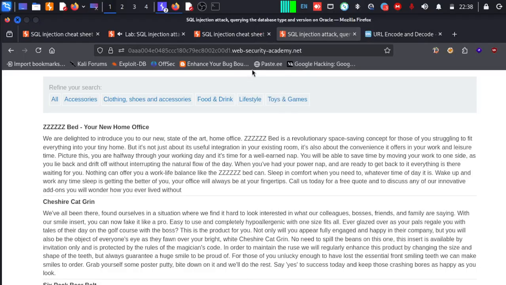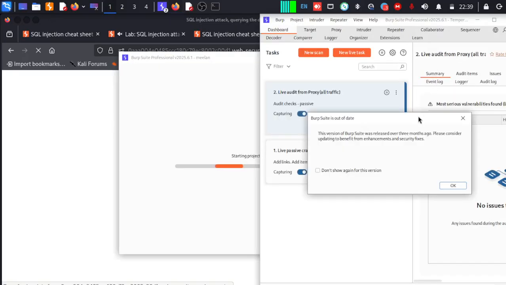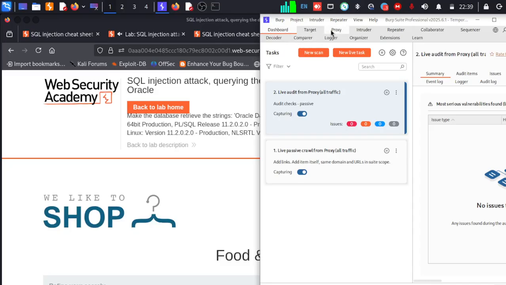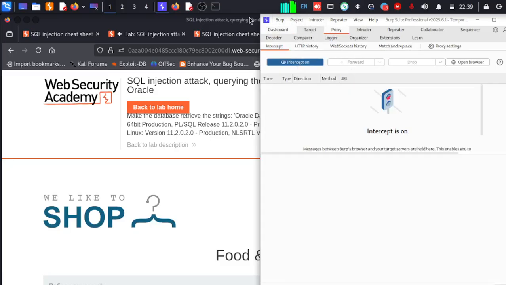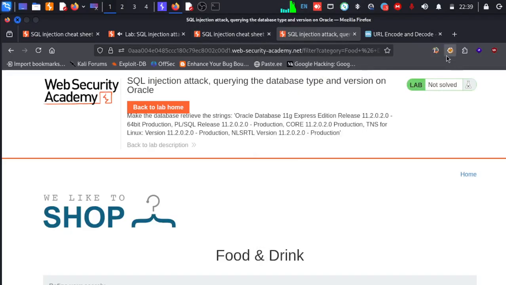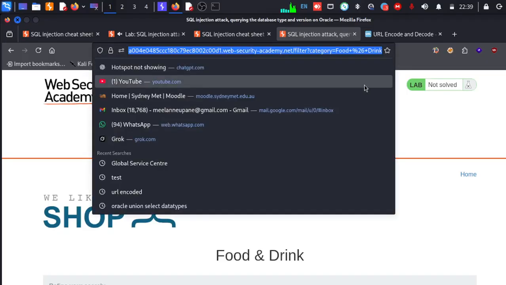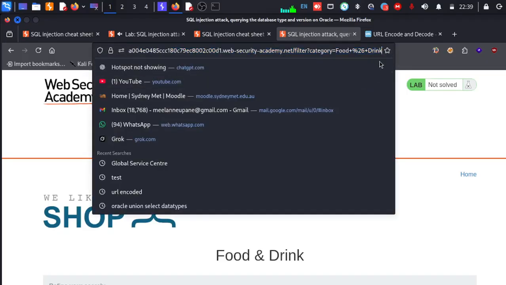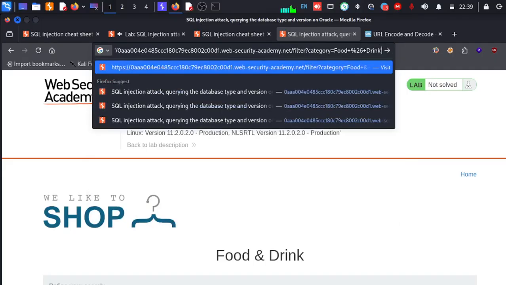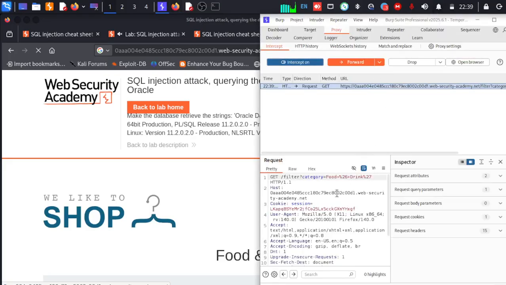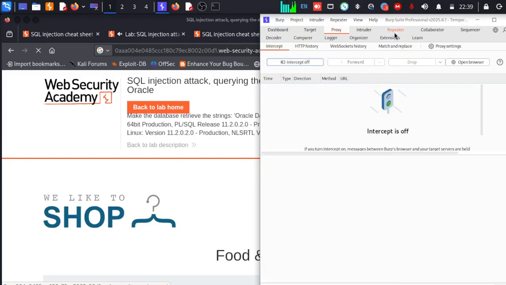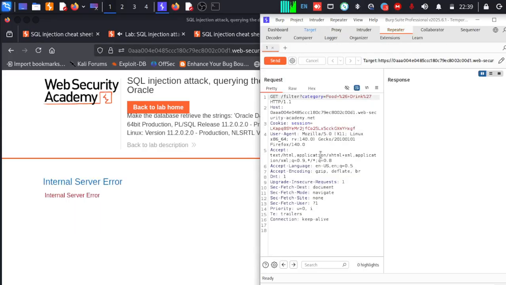So let me open food and drink. Let me turn proxy intercept on, food, proxy on through proxy, and then I hit sign here, and then let me send to the repeater. Let me turn it off, and then